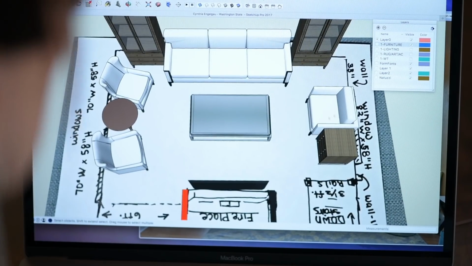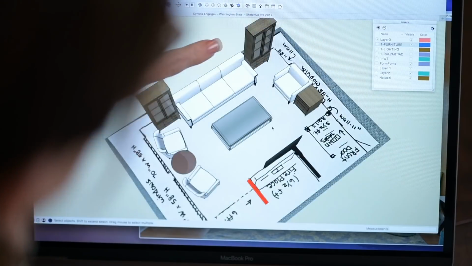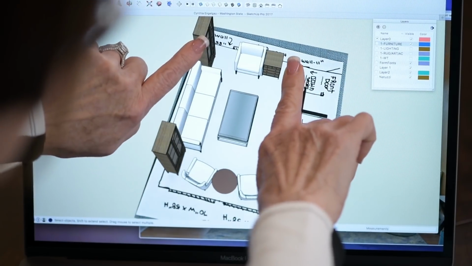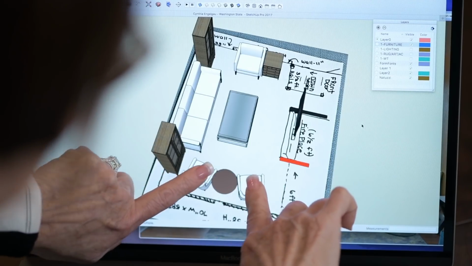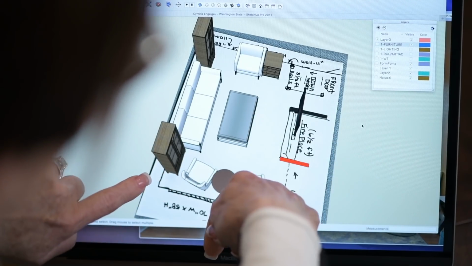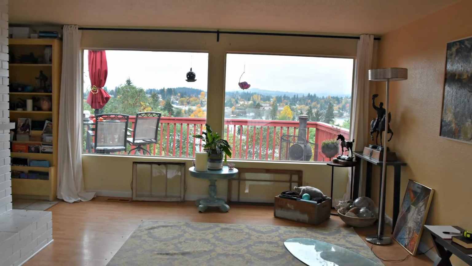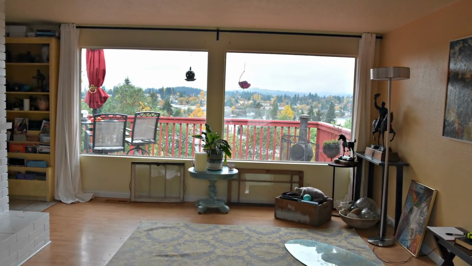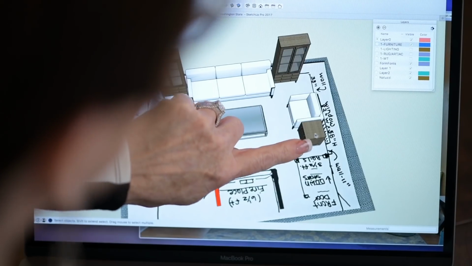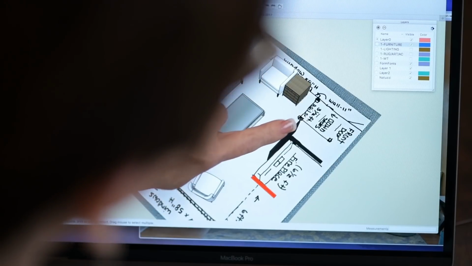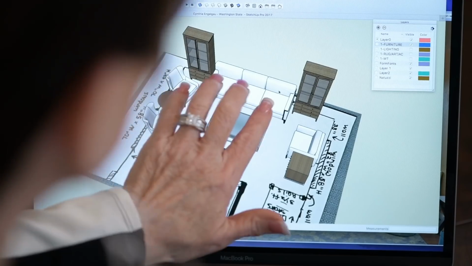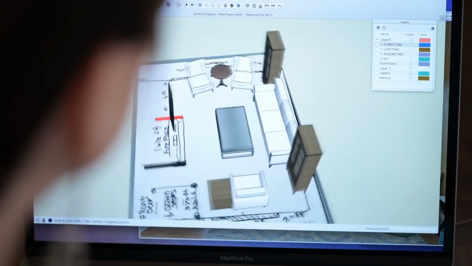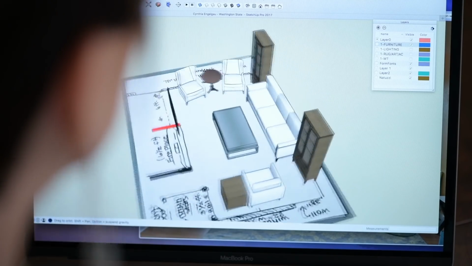And then over here, because I'm limited in space here, look at this. This amount of space is smaller than this amount. So I have more room this direction to do two chairs. This also has the amazing view. So I don't want to cut off the view. This chair here and this piece of furniture will sit behind that railing of the staircase, and that has a view of Puget Sound. This sofa has a view of the fireplace,